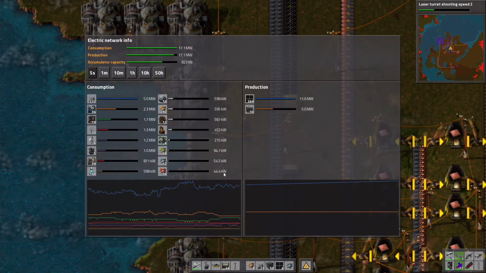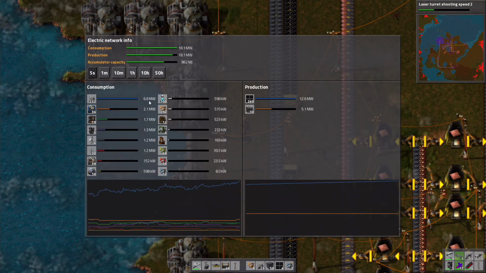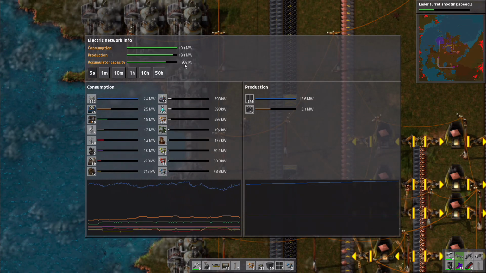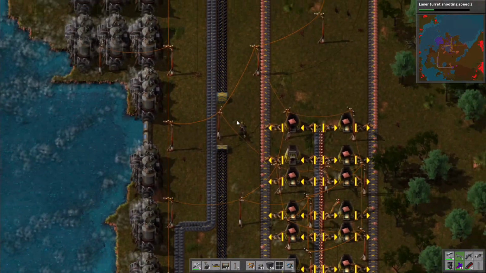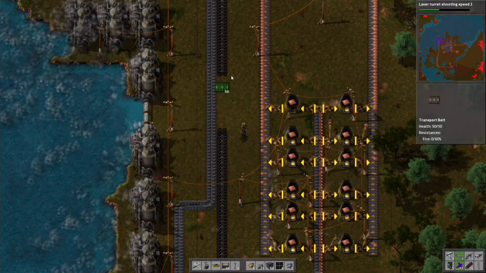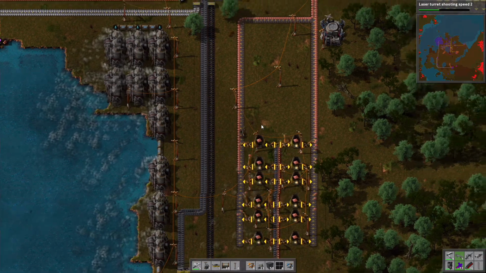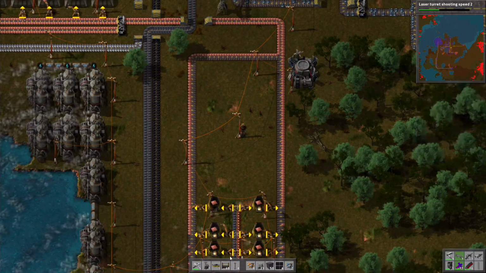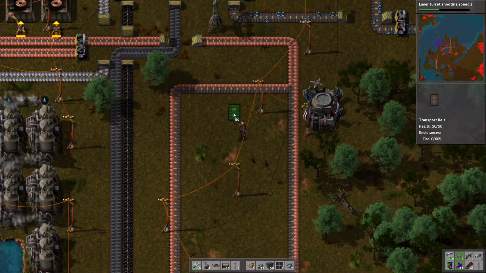How are we doing for accumulators? They are charging at 6.8, 7 megawatts. We are over 900 megajoules of accumulator capacity. Alright, so what we can do here is, of course, disconnect that and just run a belt. Alright, so with this, what I am going to want to do is I will be bringing, but do I want to...